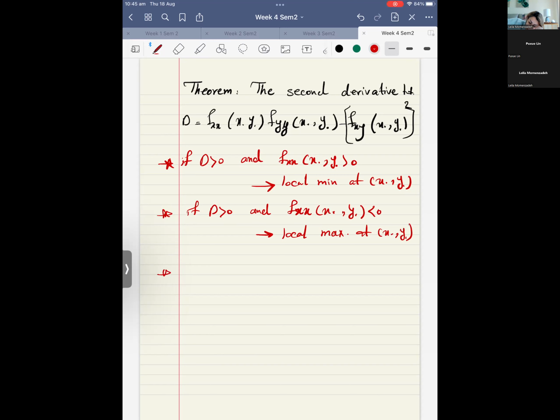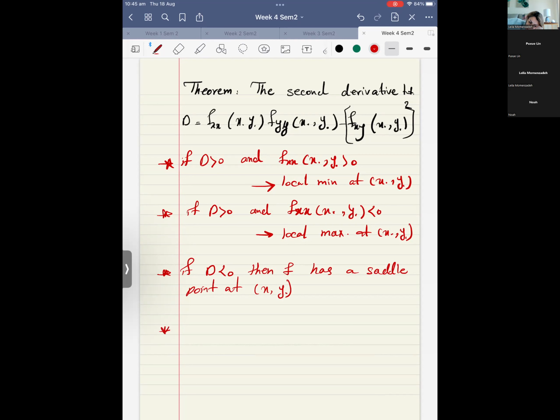And if D is less than 0, then f has a saddle point at (x0, y0),